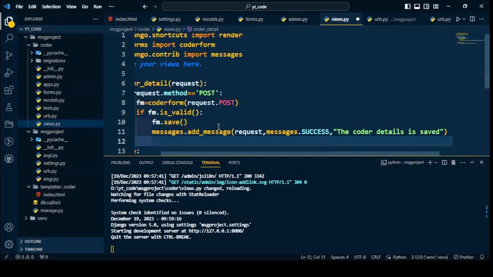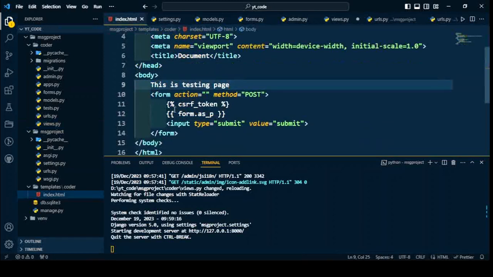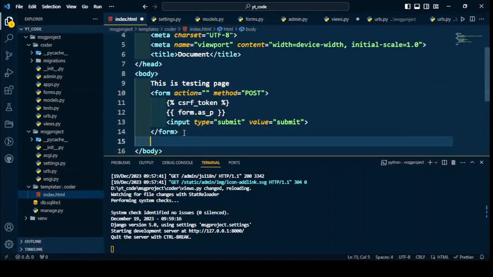This message you want to display on the presentation layer, that is on the index.html. You have to modify the tags under that template. Open the index.html, where we added the form tag. Inside that or after the form tag, we can do that. So I'll keep it simple. I'll add it after the form tag. So that message will be held if